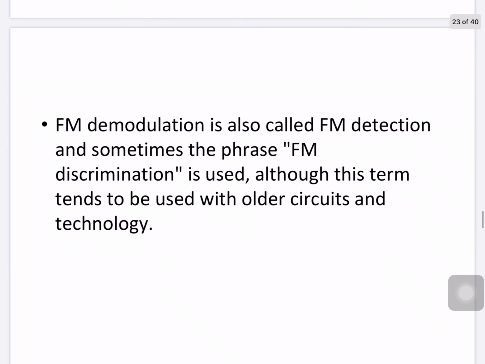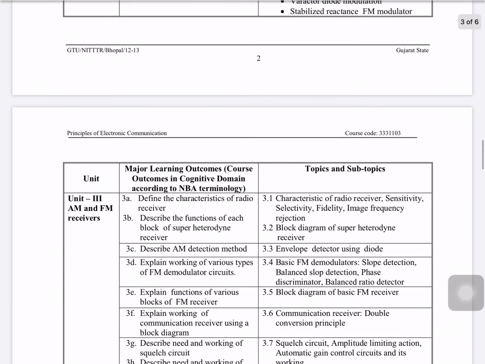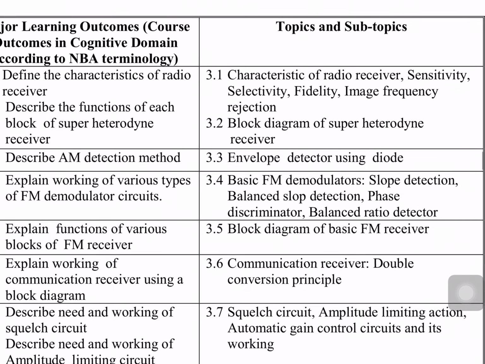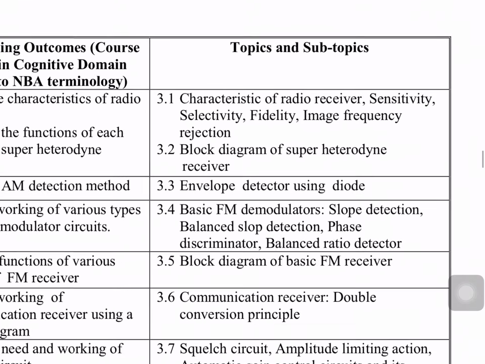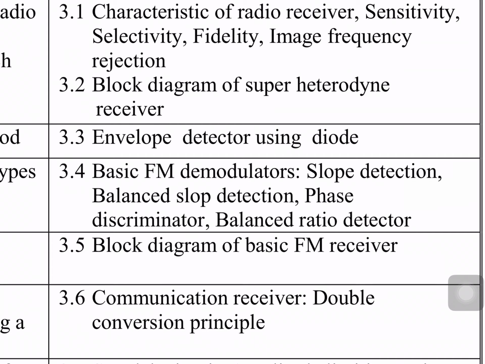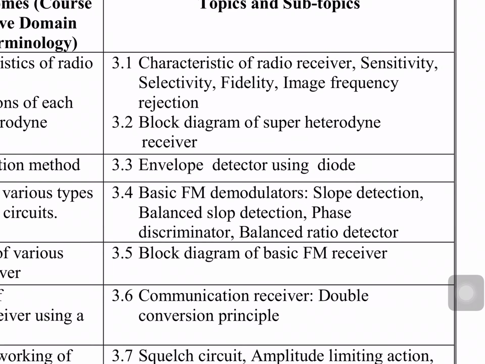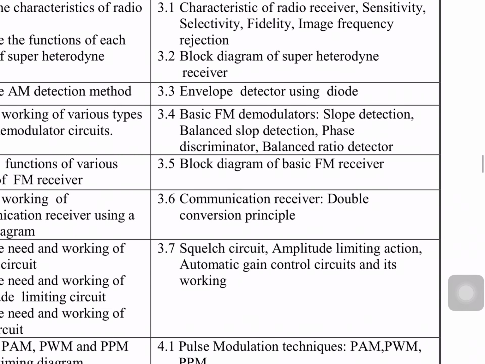FM demodulator. Here you can see in our syllabus that in unit 3, the characteristics of radio receiver and envelope detector we did. Now the basics of FM demodulators, in which slope detection, balanced slope detection, phase discriminator and balanced ratio detector topics are covered. Then we will see the block diagram of a basic FM receiver, and what the double conversion principle is in this topic. So switching back to our PPT,